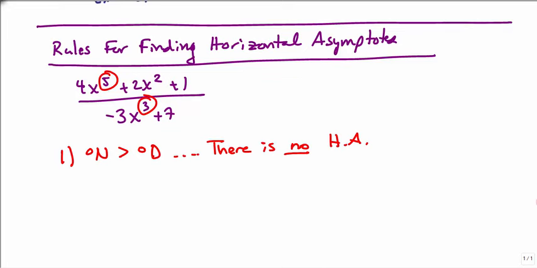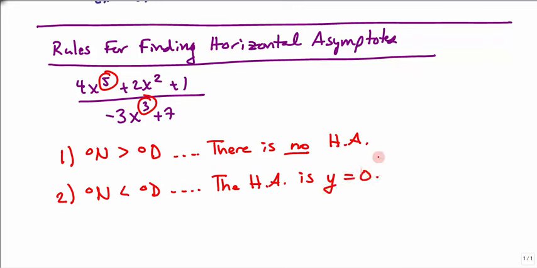Okay, let's look at another option. Option 2: if the degree in the numerator is less than the degree in the denominator, the horizontal asymptote is the equation y equals 0. In our third case, so this is case 1, let's look at case 2. The degree in the numerator is less than the degree in the denominator, so I could have something like